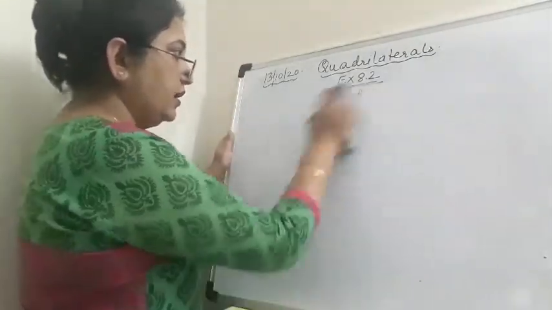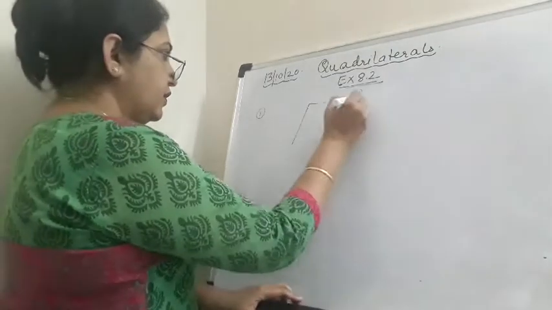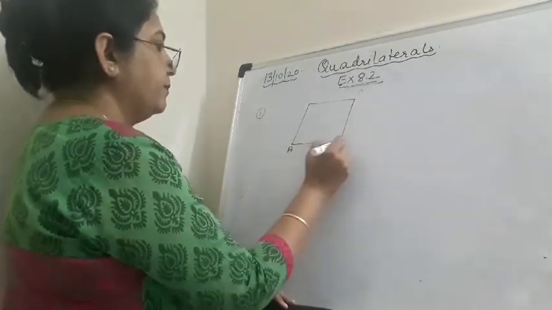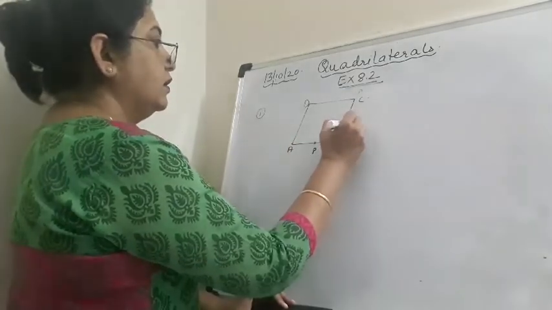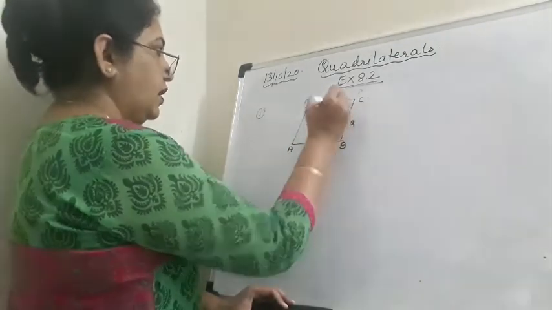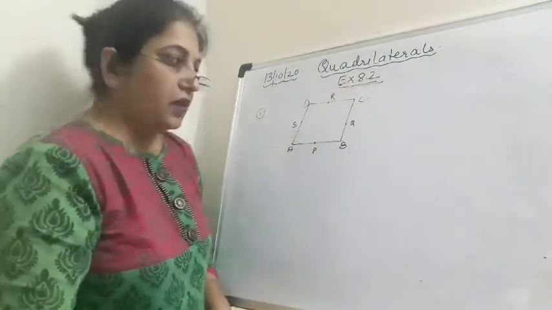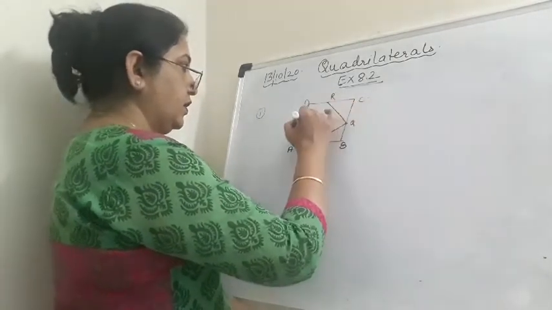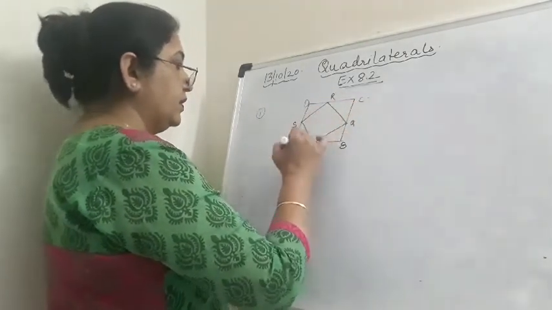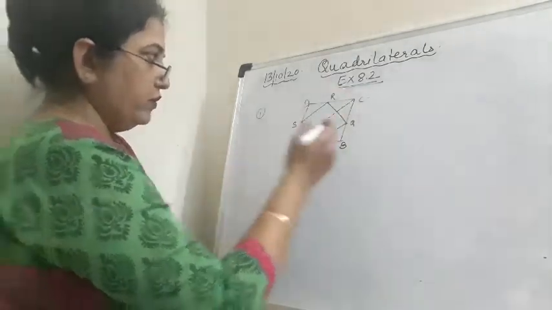we have a quadrilateral given. Question number 1: there is a quadrilateral ABCD in which P, Q, R and S are the midpoints. Now these are the midpoints, so let us join them. Then AC is also joined. We have to prove, number 1,